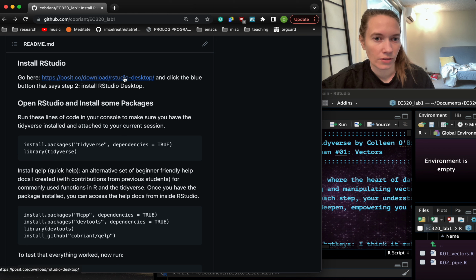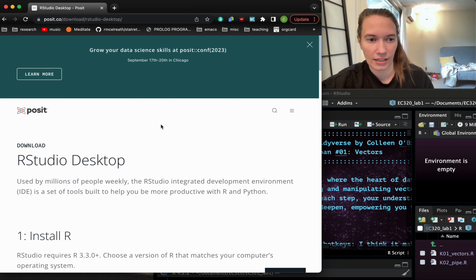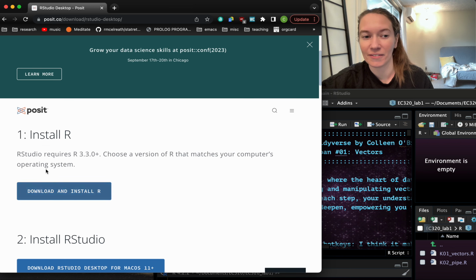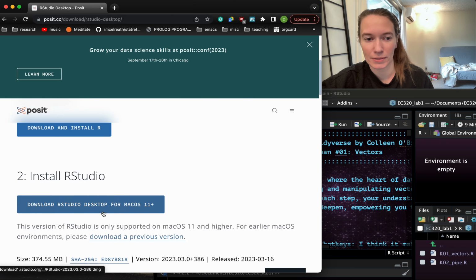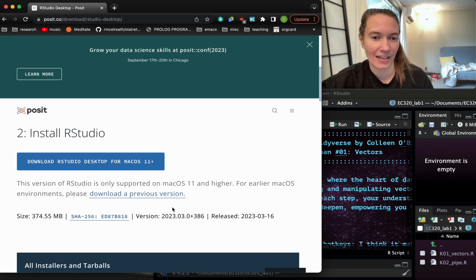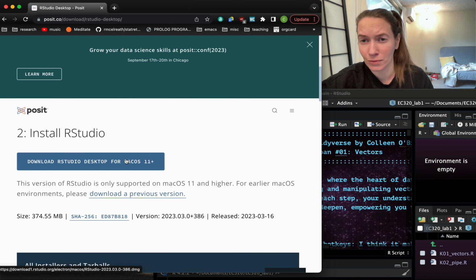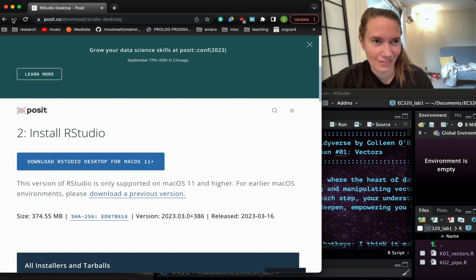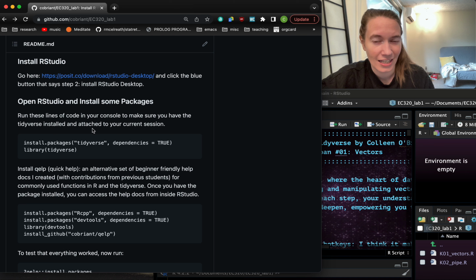So you'll install RStudio Desktop by going here, and you'll click. We've already installed R. We've done step 1. You'll do step 2. Download RStudio Desktop, and it should know what computer you're using, I guess, here, and just follow all the instructions for that. Let me know if you have any questions or you're running into any problems during all the installations,